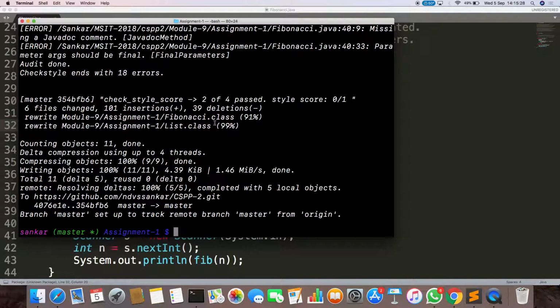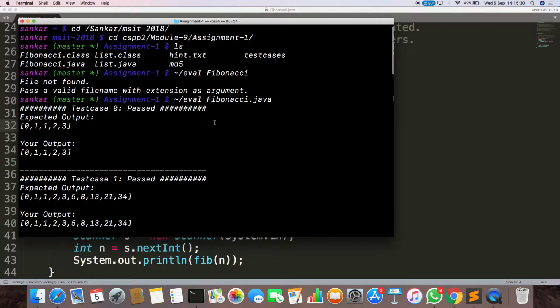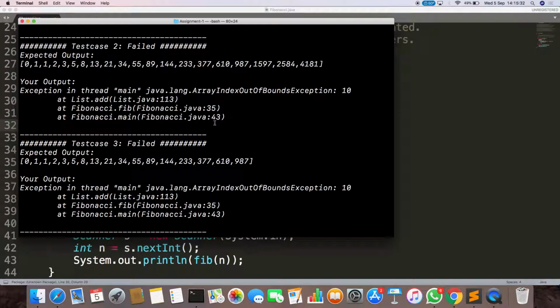We have just limited the size to 10. How do you know this? Because it is clearly saying array index out of bounds exception 10, which means it was able to only store 10 values, not more than that. But they have given something like 15, 20, 25, 30, and we don't know. So we'll go with the... So they have clearly told you,